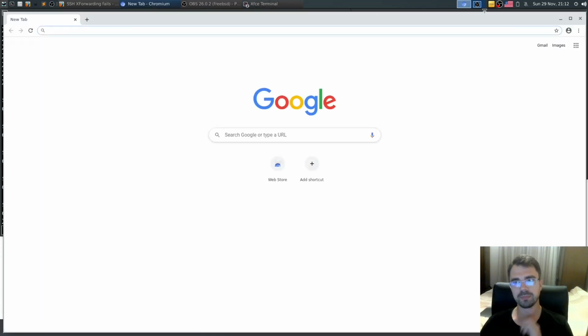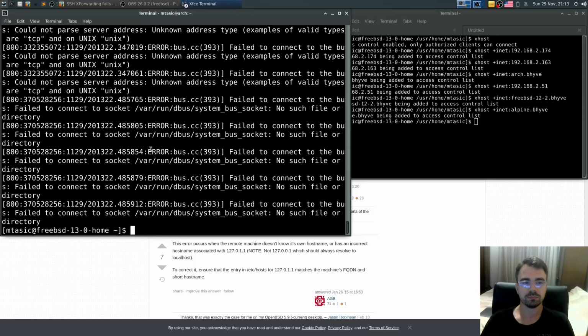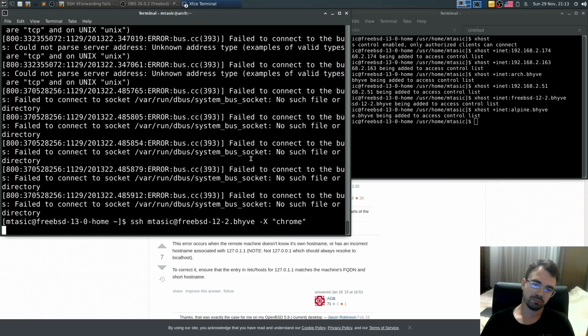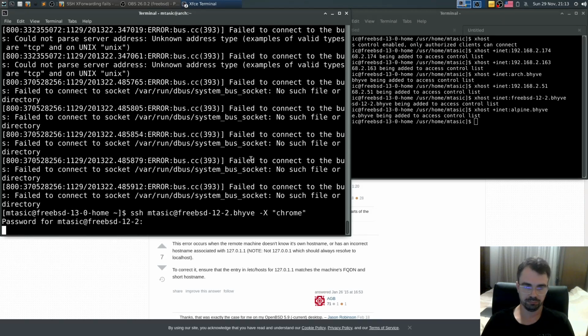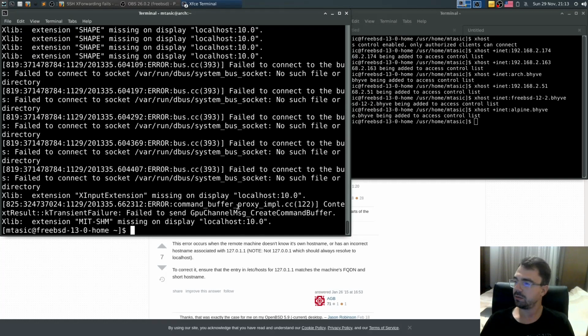Called Chrome. All right, so X11 forwarding works also in FreeBSD 12.2.